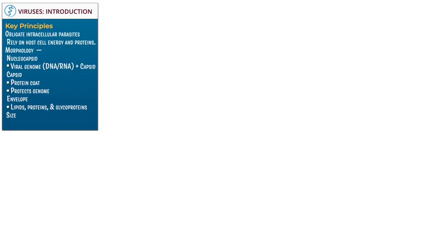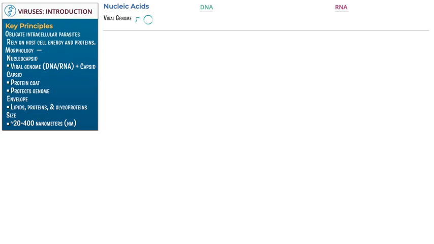Let's begin with the nucleic acids that comprise the viral genome, which can be linear or circular. First, indicate that virions with DNA can have single or double-stranded DNA. Most RNA viruses are single-stranded and are classified according to the polarity of their RNA. Indicate that they can be positive sense, which means that the RNA is like messenger RNA, or they can be negative sense, which means that they are like templates for messenger RNA that have to be transcribed into positive RNA. Be aware that there are exceptions and complications to this classification system, which we'll learn about more in our tutorial